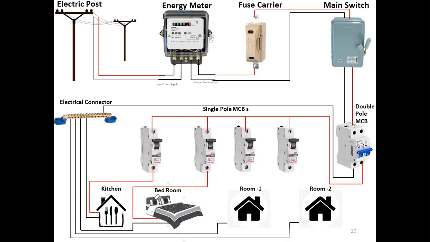Again, in the bedroom also we have so many loads, lamp, fan, etc. Nowadays in the bedroom, they are using one load controlled by two switches. For example, your bedroom lamp can be controlled at two positions. Either near your bed, you can control your lamp, or at the switchboard, you can control the lamp, right? Have you ever seen that operation? So nowadays people are doing so, right?